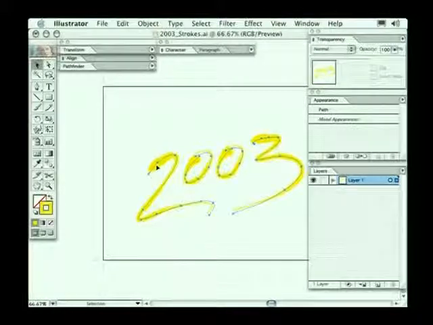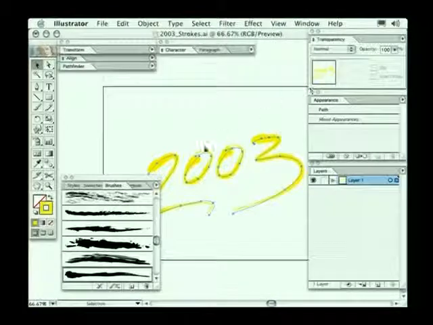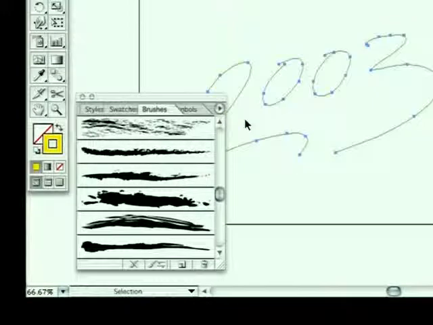I only want to copy these single paths. I don't want to copy the shape around the outside, and that's what will happen. So one thing I do just need to do is go to the window menu and show brushes. This is my brushes palette. On the right hand side of the brushes palette I can go to the pop-up menu and choose remove brush stroke, and that will actually delete the preference of any brush stroke that's been applied to those paths, which now I can press Command C and copy them into memory, ready to paste them